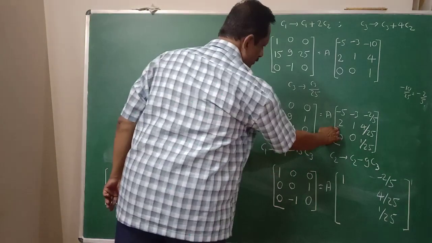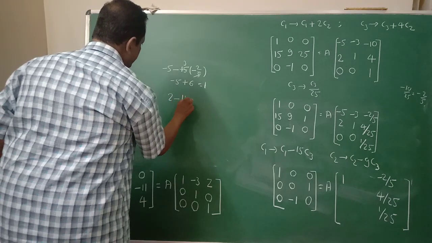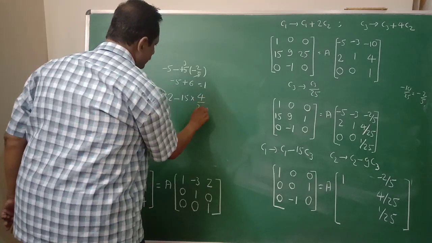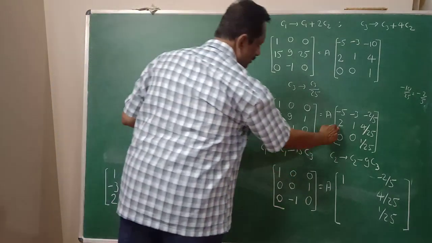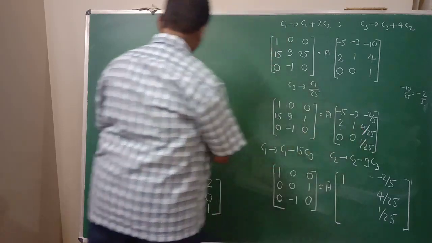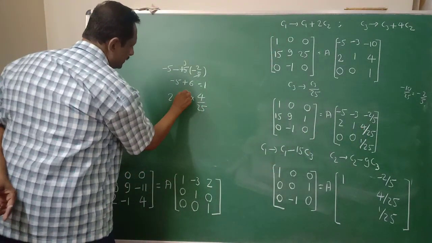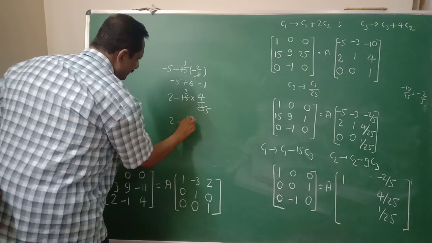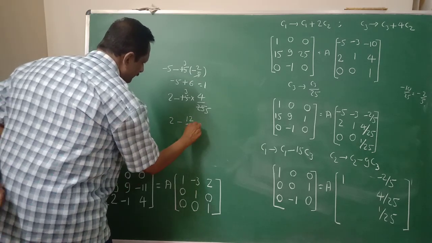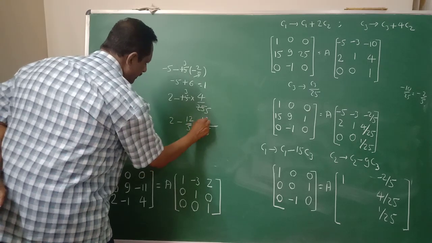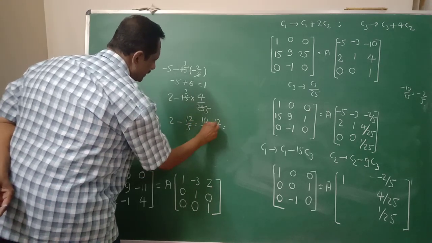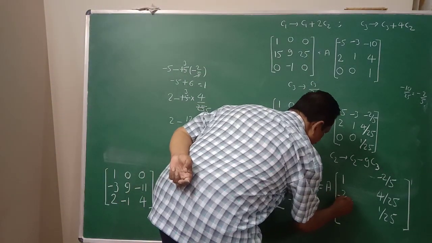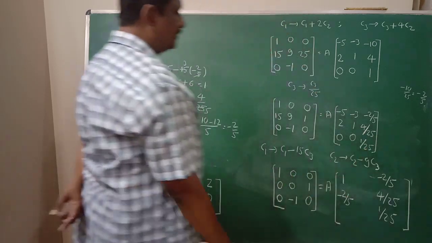Then 2, okay, so 2 minus of 15 into this is 4 upon 5, so 4 by 25, 4 divided by 25, so 2 minus 15 into 4 upon 25, so you can cancel here. 5 3s are 15, 5 5s are, so therefore 2 minus 4 3s are 12 divided by 5, therefore 5 LCM, 5 2s are 10, minus of 12 here, 10 minus 12 is minus 2 here, minus 2 by 5, so right here minus of 2 divided by 5, minus 2 upon 5.